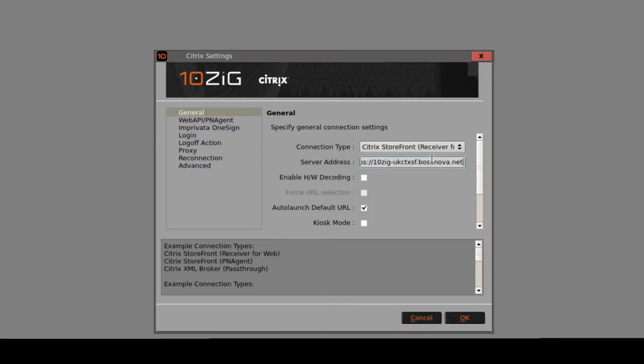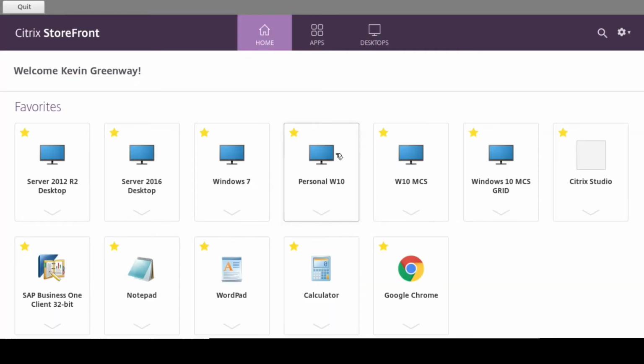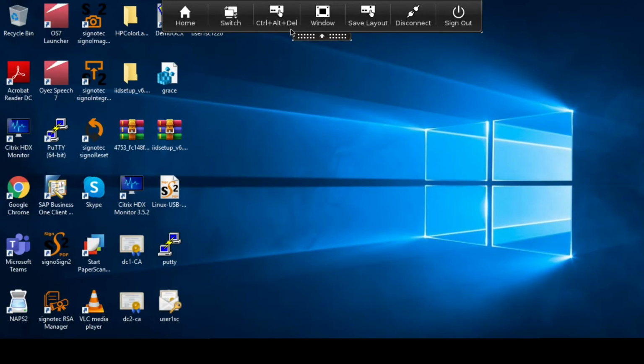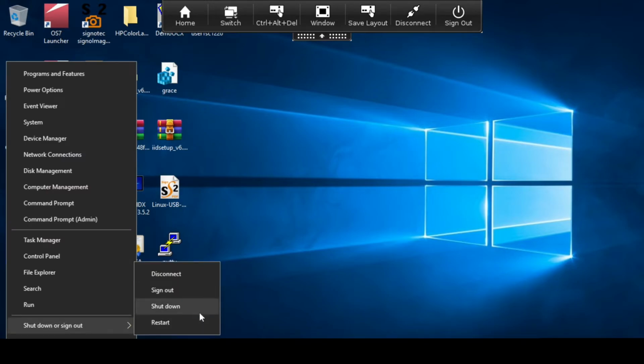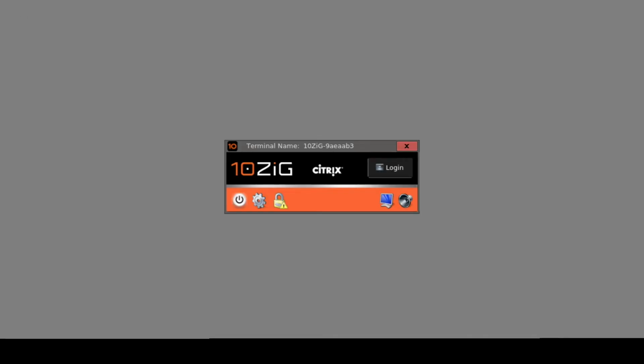So what I'm going to do is quickly log in here. But to do that, of course, I need to make sure my URL is in there. So I'm now going to sign in. And from there, I can connect to any number of desktops or applications. I'm just going to click into this RDSH based Citrix desktop, just so that you can see what the login flow is like. You can see I've also got the connection bar, which, as mentioned, allows us to switch, disconnect, sign out, etc. So again, use that dependent on use case. So let me sign out of that desktop now. Let me log off of Citrix,